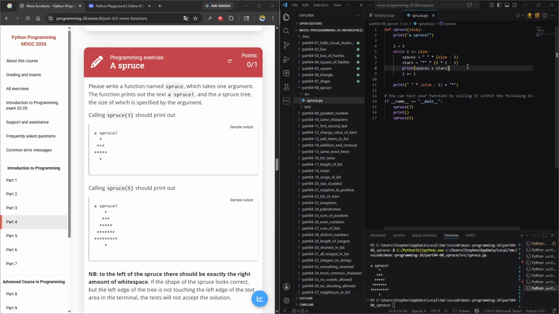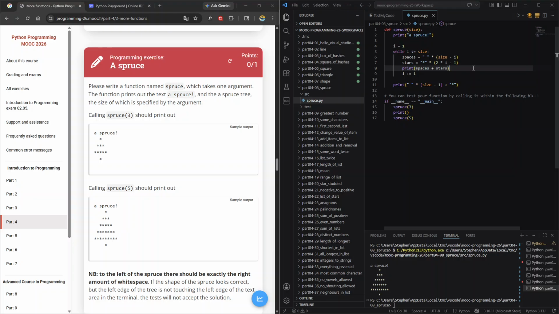And I'm pretty sure, I was trying to remember this, but I didn't want to take too long with this video. But I'm pretty sure we did an exercise either in part 1 or part 2 when we were learning about loops, one of the earlier exercises, where we printed a spruce tree or something similar. I think it was a Christmas tree. I'll go back off camera and off the video and see. If we did, I'll put that in the description below